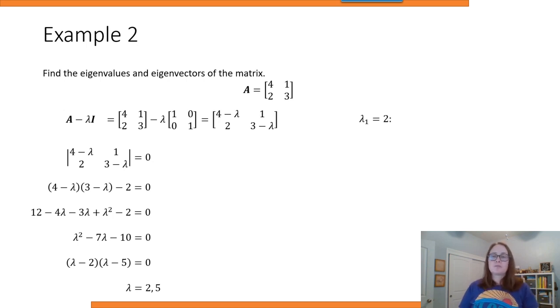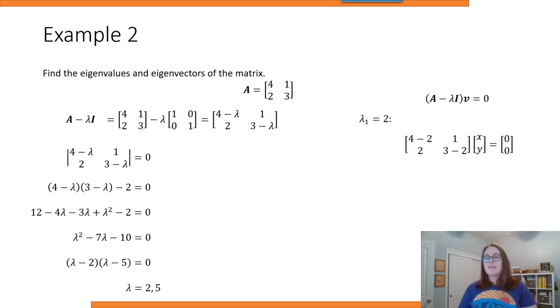So I'll start with the first one, lambda 1 equals 2. And I'm going to plug that into our equation, (A minus lambda I) times v equals 0. And I write these all in matrix forms, so we know what A minus lambda I is. We already found that matrix, so now I'm just plugging 2 in for lambda. So along the diagonal, I'm going to have 4 minus 2. It's going to give me a 2 in the first position, and 3 minus 2 gives me a 1 in